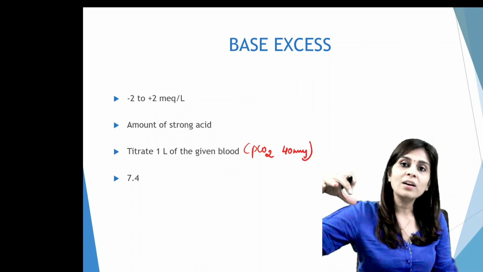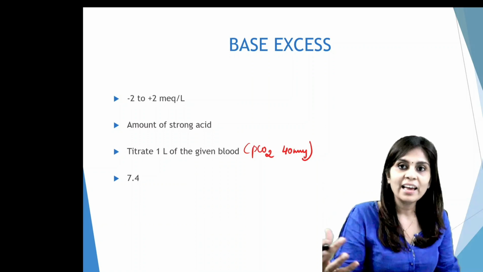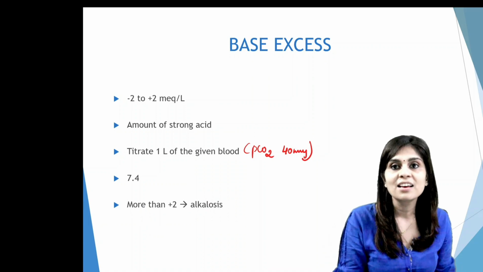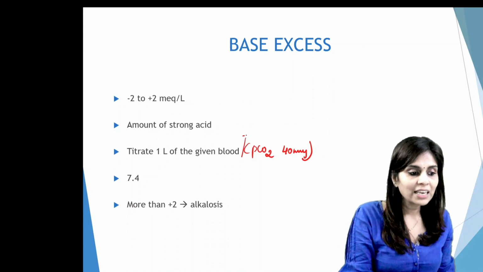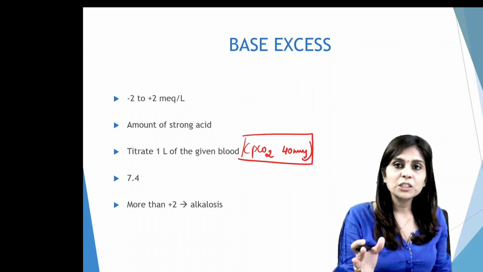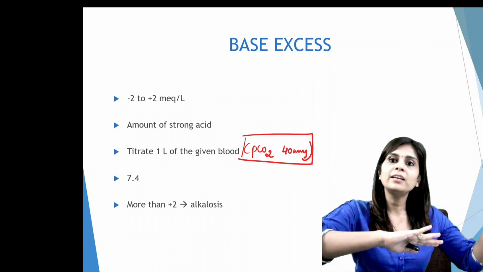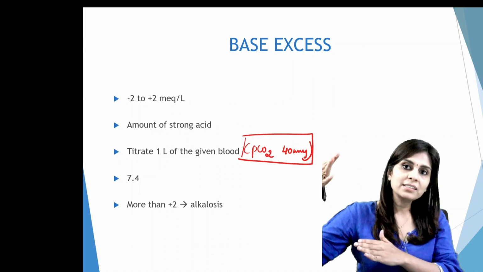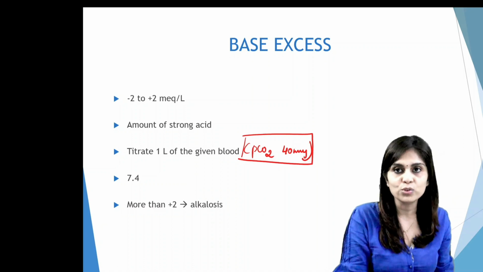So, if base excess is more than +2, it means there is more base in the system. And what will you call the condition when the base is more? You will call it alkalosis. And what alkalosis is it going to be? It's going to be metabolic alkalosis, to be precise. What gives me the confidence to say that it's metabolic alkalosis? Because I have equilibrated the blood sample to a PCO2 of 40 millimeter of mercury, which means even if there had been a respiratory defect in the person, I have corrected it by equilibrating it to a PCO2 of 40. Even after that, the base is in excess. So that base excess is only because of a metabolic defect. So it is called metabolic alkalosis.